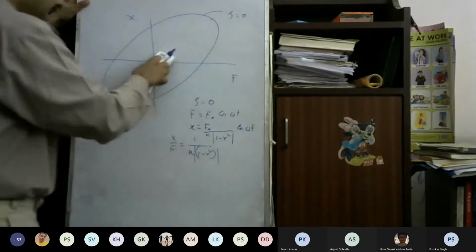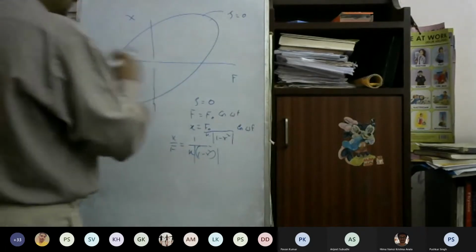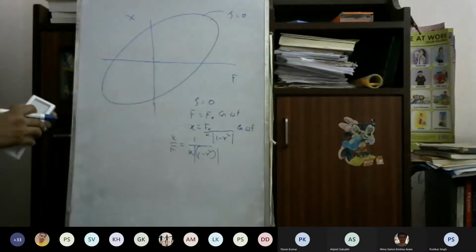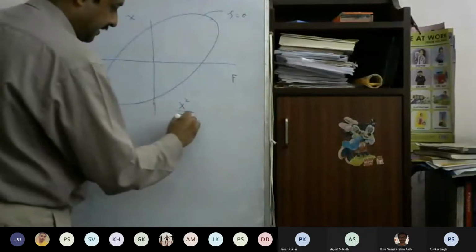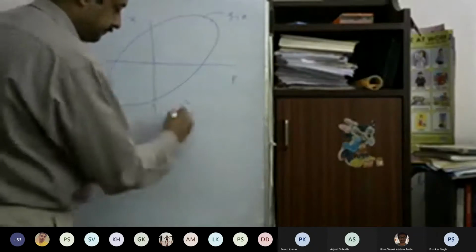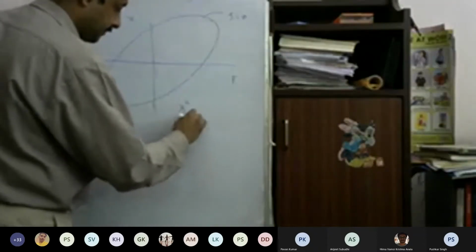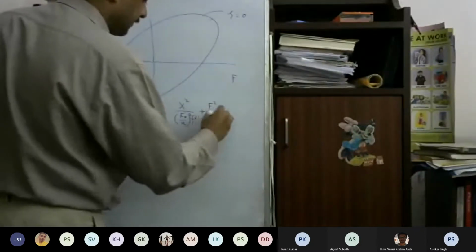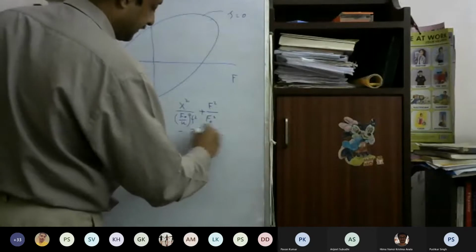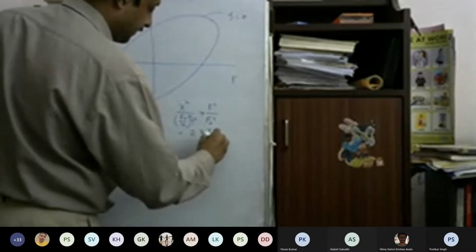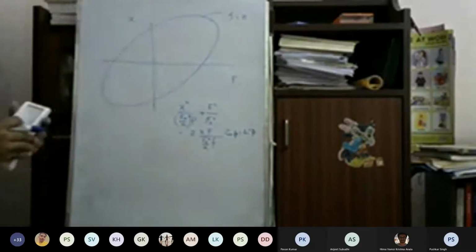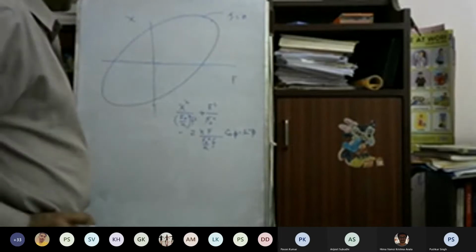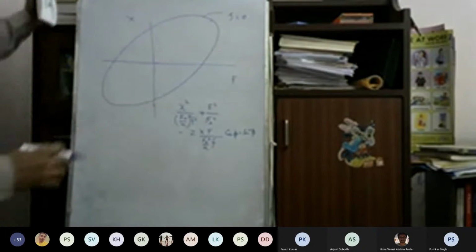Now, if you increase the value of zeta, what you get is like that. Now you see one thing. Let me just write down this equation. x squared divided by F naught by k F, plus F squared divided by F naught squared, minus twice x F divided by F naught squared k F, this is cosine phi, that is equal to sine squared phi. Now what we see here is that